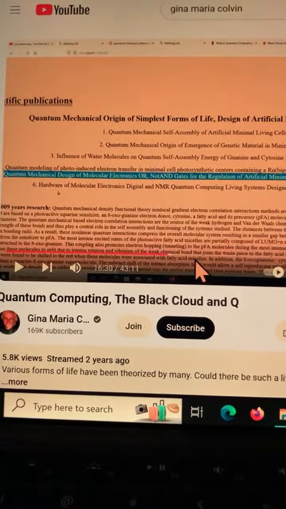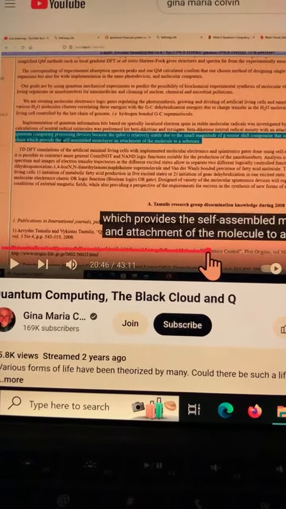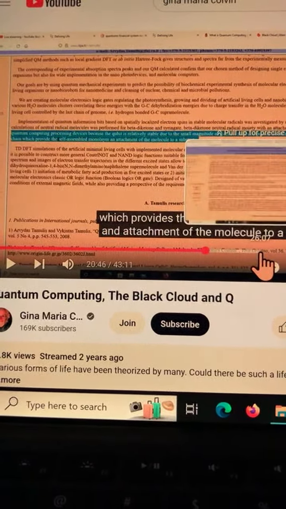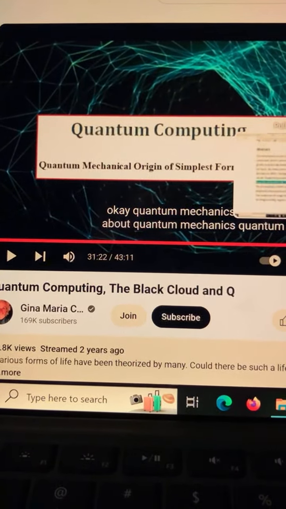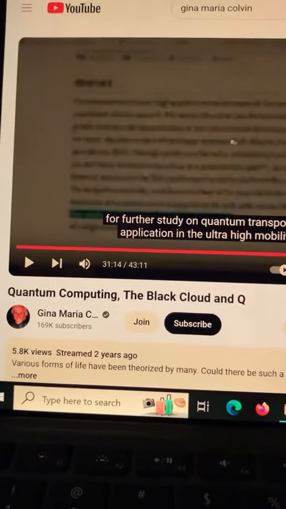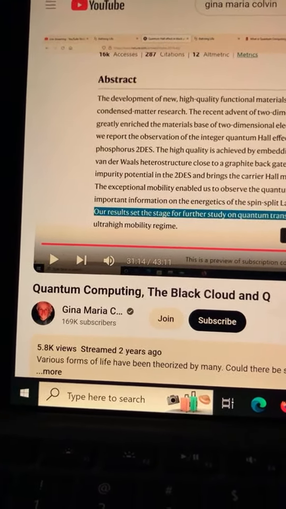There was something else that we found. Let me see. Where was the other thing that we found? Because we went to it also. Let me see if I can find it. There was an orange paper. Let's see if we can find it, you all. I know this one had the abstract. Let me get rid of the closed caption.